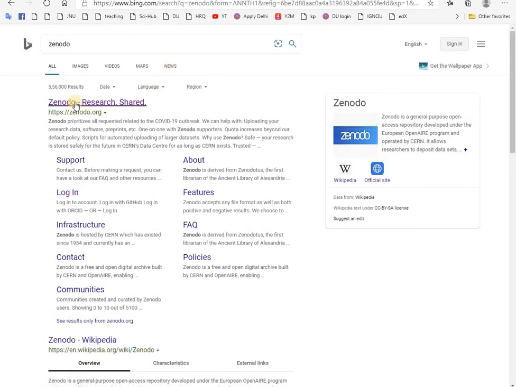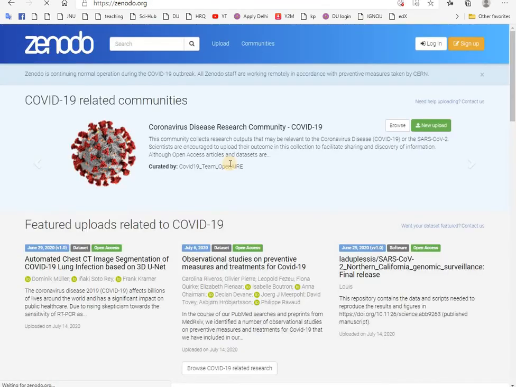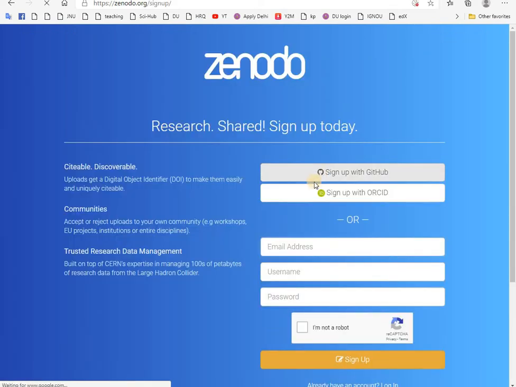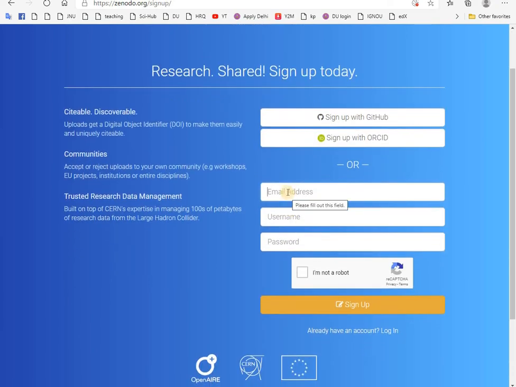You can see that after opening, there are already the visible login and sign up options. For a new account, we have to sign up, and there is already an option available to sign up with GitHub, and two accounts you can log in. Otherwise, you have to fill in a new email ID address, username and password. So what I am going to do? First, I will put the email ID, username and password.